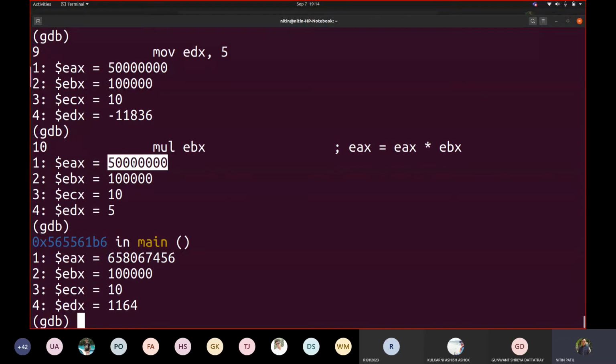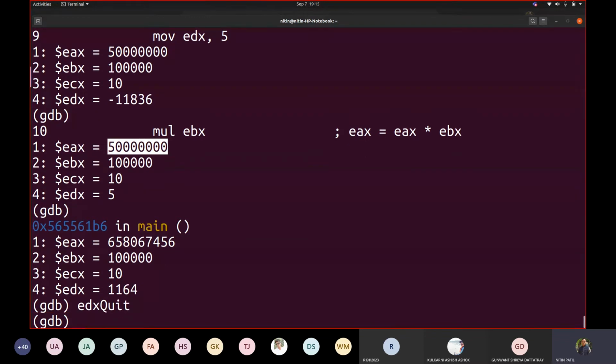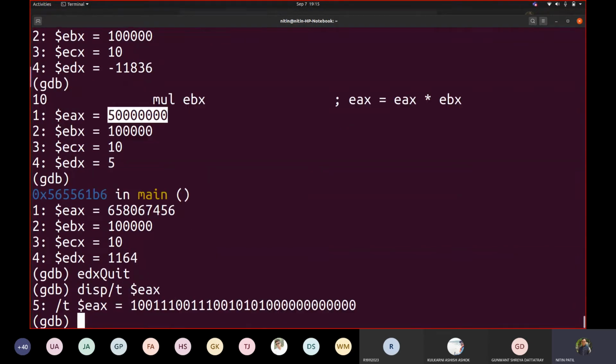But when I multiply two 32-bit values, the result may expand to 64 bits. So the order is taken like this: EDX and then EAX. EDX contents are written first, followed by EAX. That's how the combination of both works together, and the result would be shown like this. Let us try to see. Let me write display /t for binary, $EAX and $EDX.